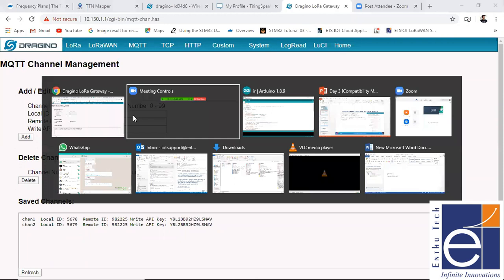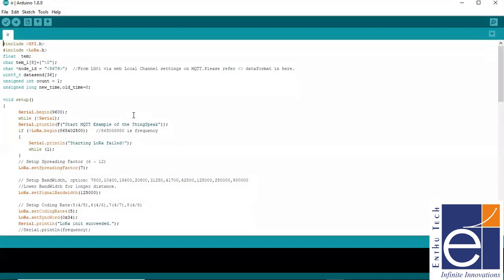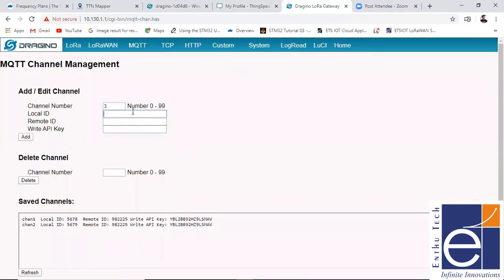So in my coding, I'll show that. So this is my coding. In this coding, you can see this is my node ID, right? By using this node ID only, it is able to communicate with your end nodes, or else it won't. So that's why I selected this node ID. So node ID is nothing but your local ID here. So I just paste my node ID here.